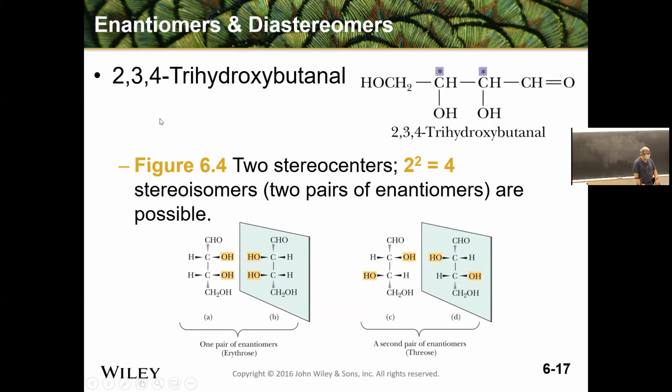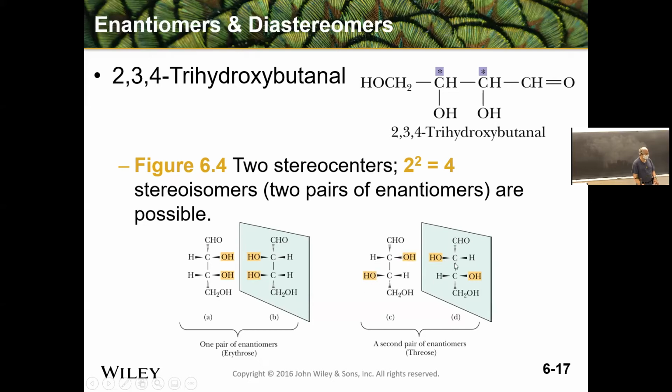Okay, here we have the original. Well, let's call this the original molecule A, and its mirror image. These are not superimposable. Notice what we've done here. We have switched the configuration at both of these stereocenters. We've switched the H and the OH at both of these. If we switch the H and the OH at just one,